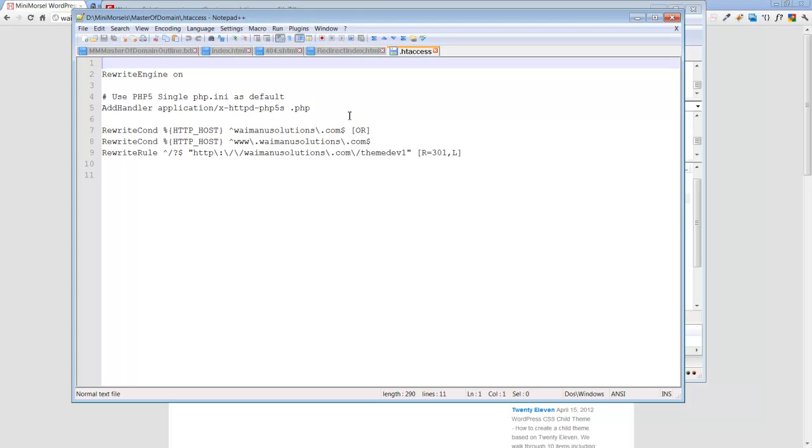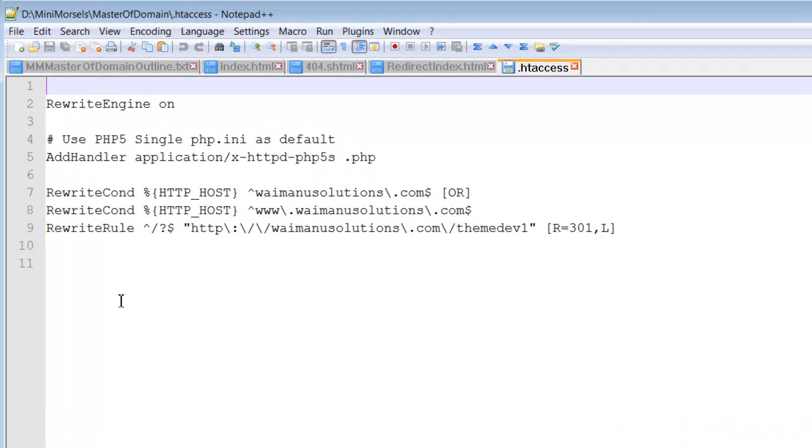And here it is. Here's the section. It's using this rewrite engine, and it's doing, basically, if or additional condition, then do this. So it's calling it rewrite condition and rewrite rule. But it's basically saying, ooh, the host of the URL coming in is anything